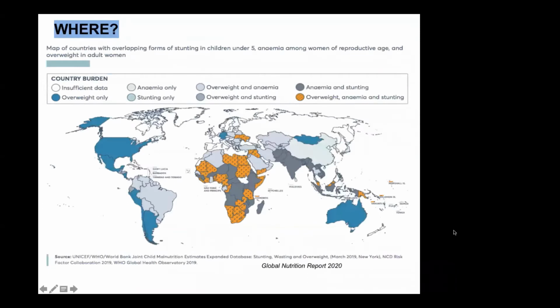And this is a similar graph, but this is the recent graph. Here you can even see the existence of different forms of malnutrition, and even within the undernutrition you can see anemia and stunting. The 2 different forms of undernutrition are also existing. For example, if you look at the countries in Africa, and again in Asia, the Pacific region and East Asia region, there are these different forms of double burden. So here you can see most of the countries in Africa and Asia are suffering from this double burden.